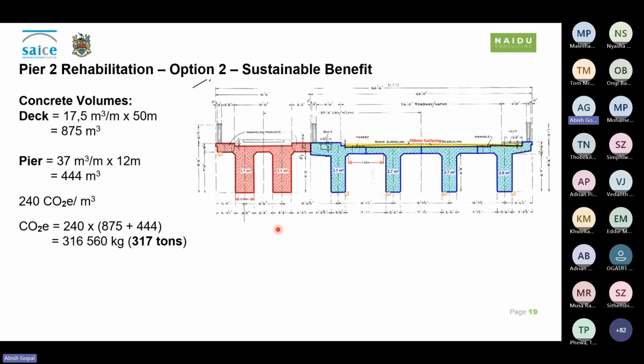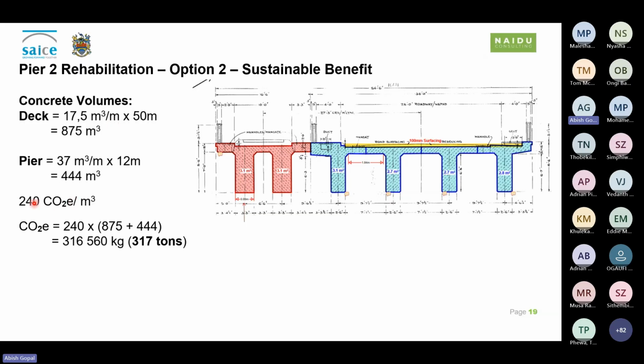In terms of option 2 and what benefit it has from a sustainability perspective, and also for you to get a feel of the saving in terms of CO2 equivalent emissions, here's a quick calc. Not to mention, notwithstanding, Mr. Adrian Pillay, I would like to thank him for his efforts in this and extensive research he had undertaken with regards to CO2 equivalent emissions. So similar approach to Kaneland's presentation, a 240 CO2 equivalent per meter cube factor was utilized